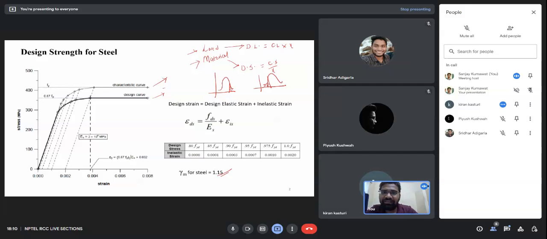So we have this characteristic curve, we have this design curve. Now let's understand what all of this is. So here you can see that firstly when we load the steel,